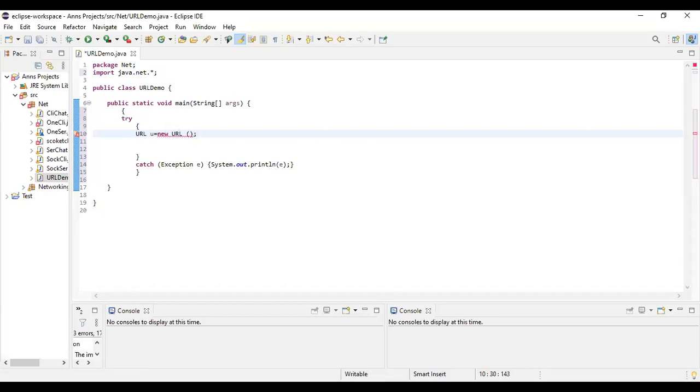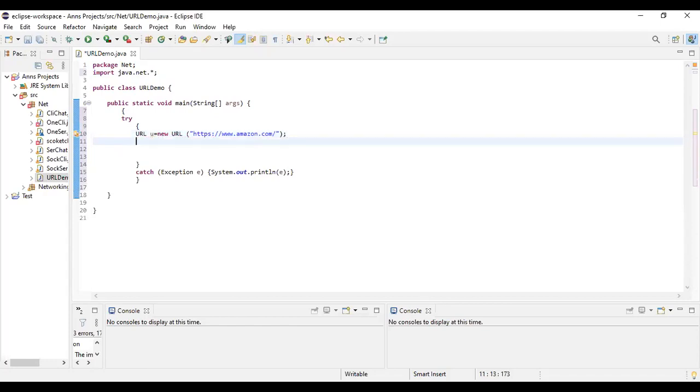Just a minute. I'll copy a URL from my browser. I'll just take an Amazon one. Okay, now I've copied a URL. When you write a URL, copy it from your browser so that you get everything included together with the protocol. Rather than typing it, have the URL open in your browser and then copy it over here. Now, Amazon.com is my URL.